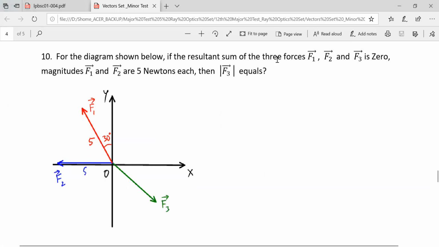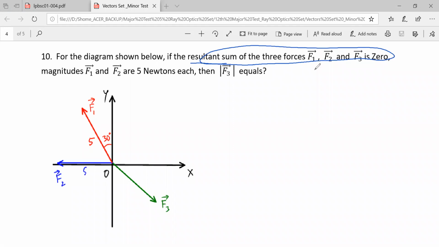Okay. Now this question, the resultant of the three forces is zero. And you have to find this. So this again you will use triangle law, but you'll have to use it a little indirectly. So what you'll have to say is that this statement, that the resultant of the three forces is zero, what does it mean? This statement means that F1 vector sum with F2 vector sum with F3 is zero. So that means F3 is negative of F1 plus F2.